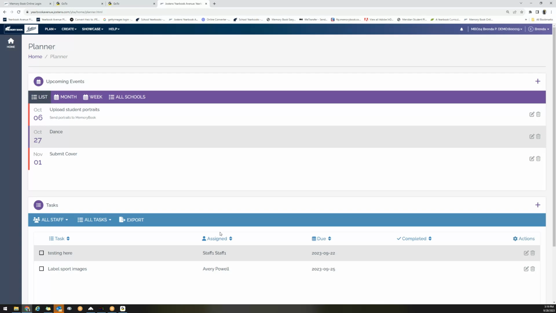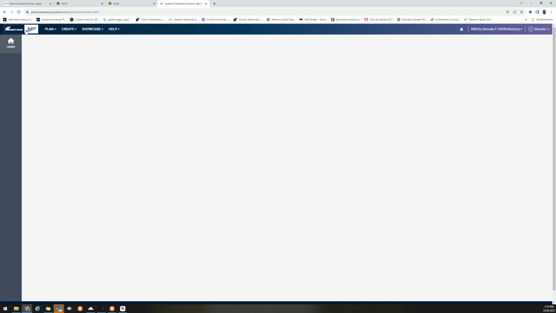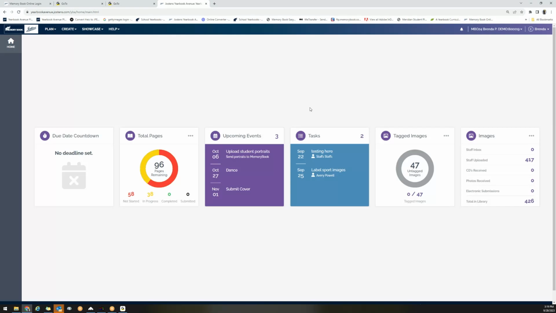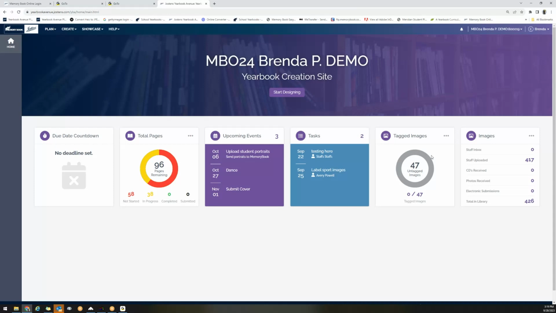I was a former advisor for many years, and I did not use this feature, and I really wish I would have because it's really beneficial. We do have a separate video that is going to help you on tagged images. There are a lot of great features regarding tagged images. A few things I want to point out to you regarding tagged images, just to kind of bounce around for a moment,